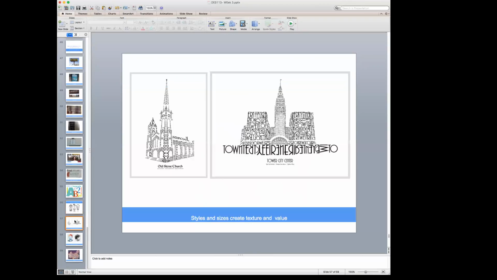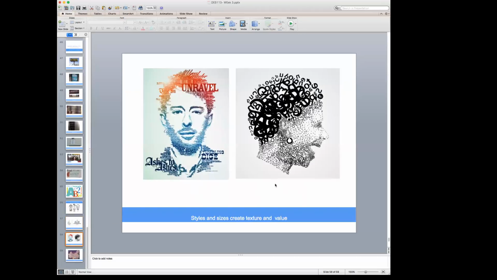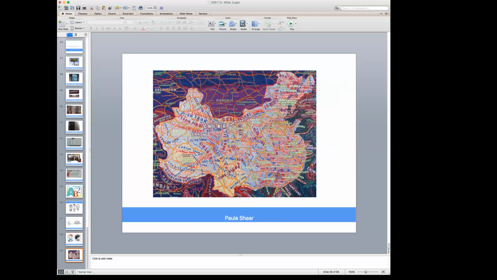So here's just some examples. By using different font weights in the font family, you can create some shading and really cool effects. And you can get super complex like the example on the right, and simply it's just a jumble of letters rotated and copied and pasted on top of each other. And I really want you to have fun with this assignment, because it's a chance to get creative and use your imagination a little bit.